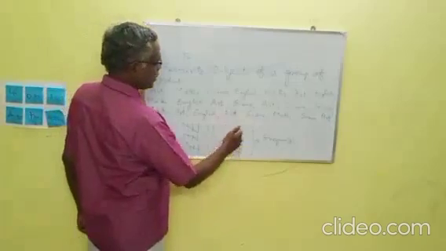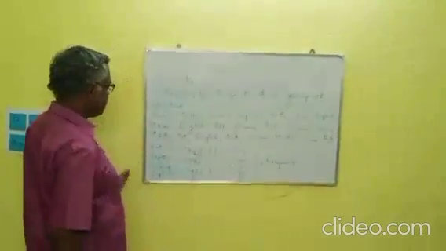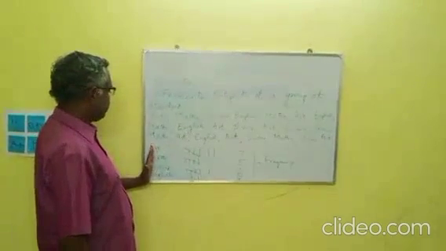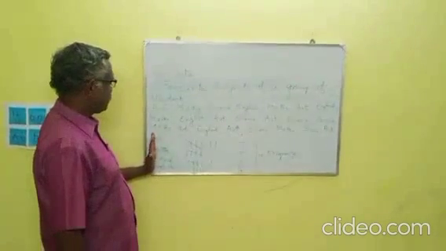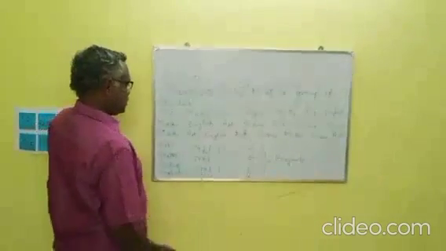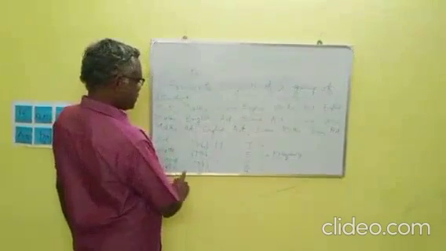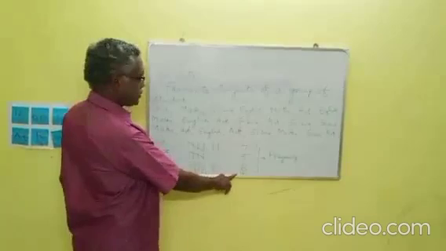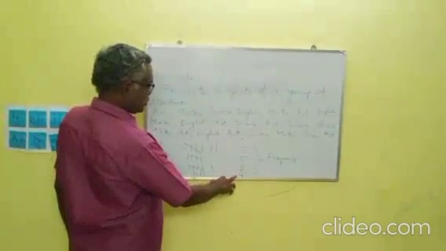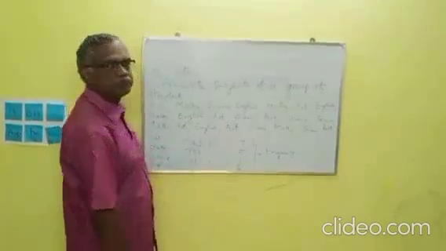This number is called frequency, and from this frequency distribution table, we can say which subject is liked most and which subject is liked least. Here, art is liked by most of the students, and English is least liked. The number of students liking English is only 4, and the number of students liking art is 7.